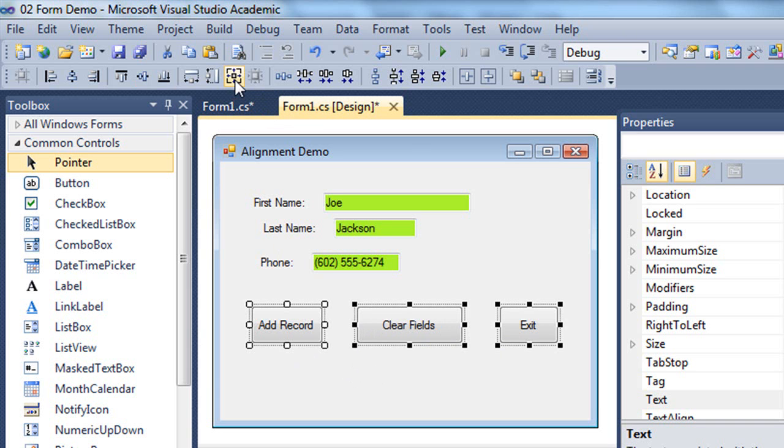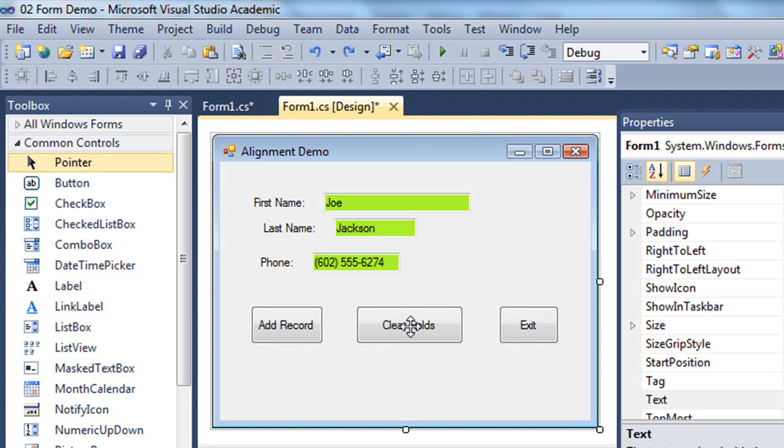Now, the size it will use is whichever control you chose first, and you can tell which one you chose first because the handles are hollow. The handles of the other controls are solid. So if I were to choose Make Same Size, all 3 of these buttons will be the same size as the Add Record button. I'm going to undo that, pressing Control Z,